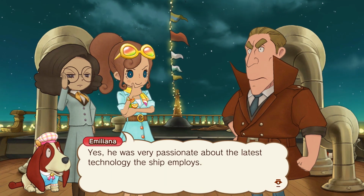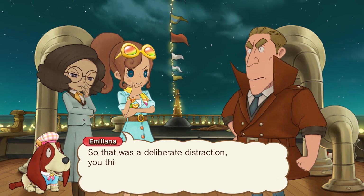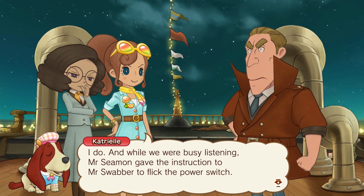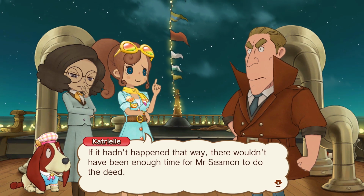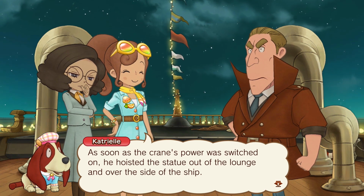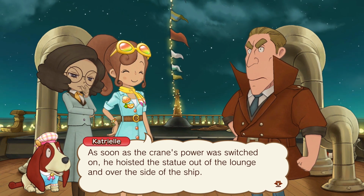Sure, he was very passionate about the latest technology. He was very passionate about the latest technology the ship employs? Was that a deliberate distraction, you think? I do. And I was busy listening. Mr. Seaman gave the instruction to Mr. Swabber to flick the power switch. If it hadn't happened that way, there wouldn't have been enough time for Mr. Seaman to do the deed. As soon as the crane's power was switched on, he hoisted the statue out of the lounge and over the side of the ship. This seems way overly elaborate. I mean...